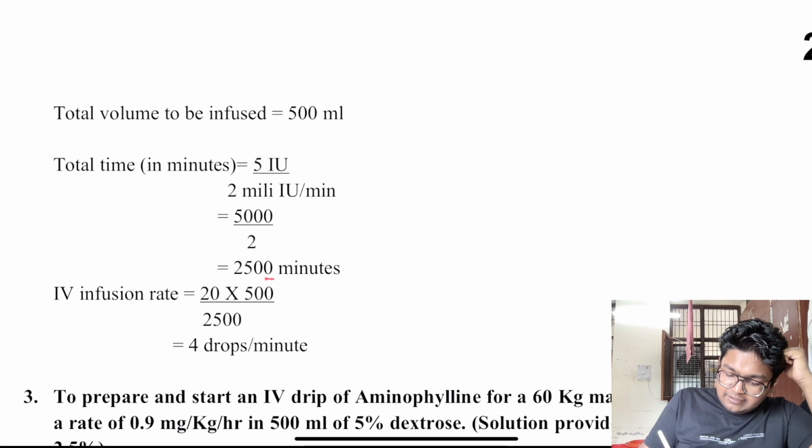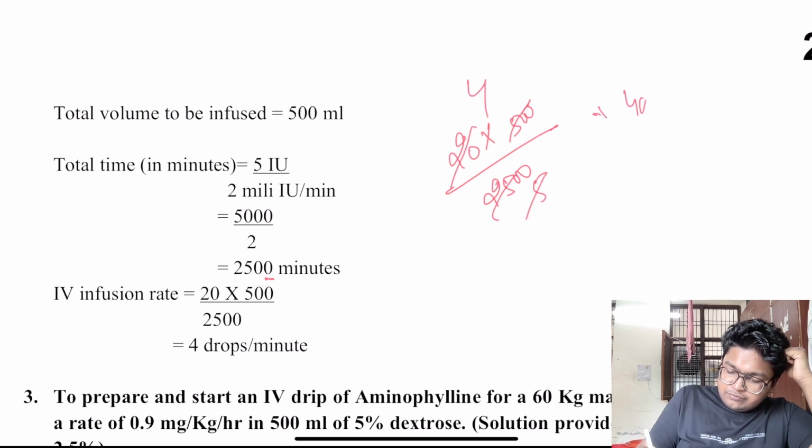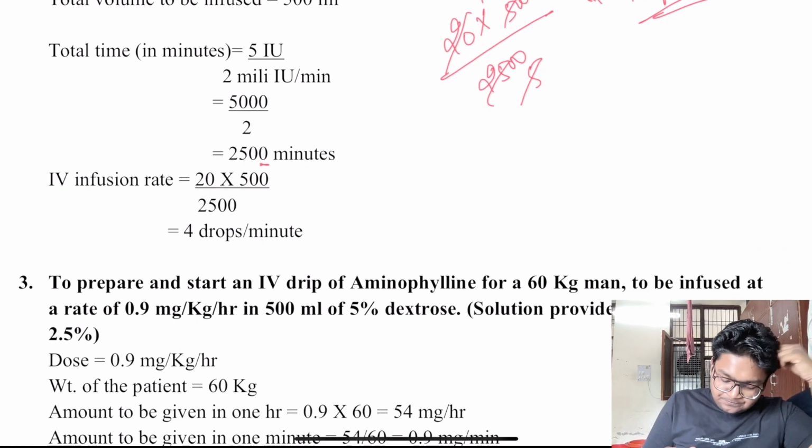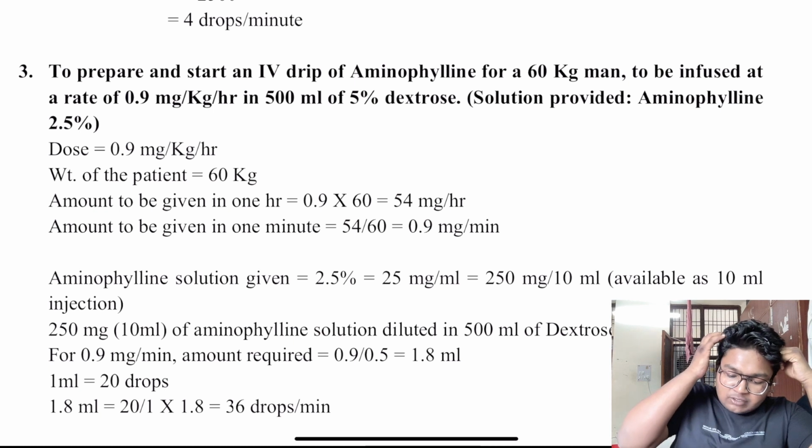Okay, then drip factor 20, volume 500, time 125 minutes... it's 4 drops per minute. Very simple. Next question. To prepare and start an IV drip of